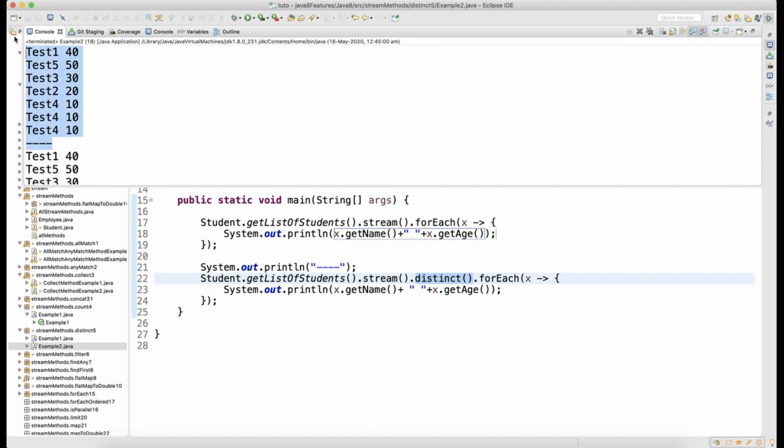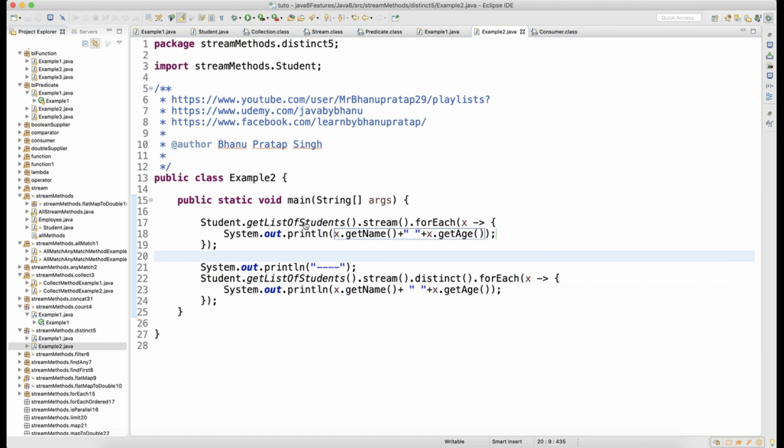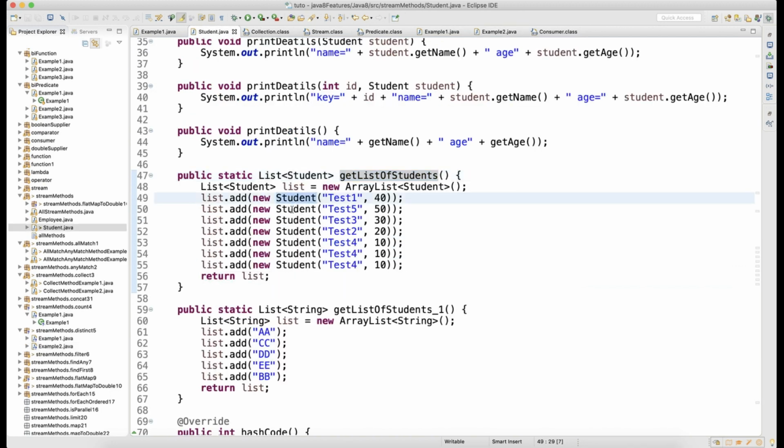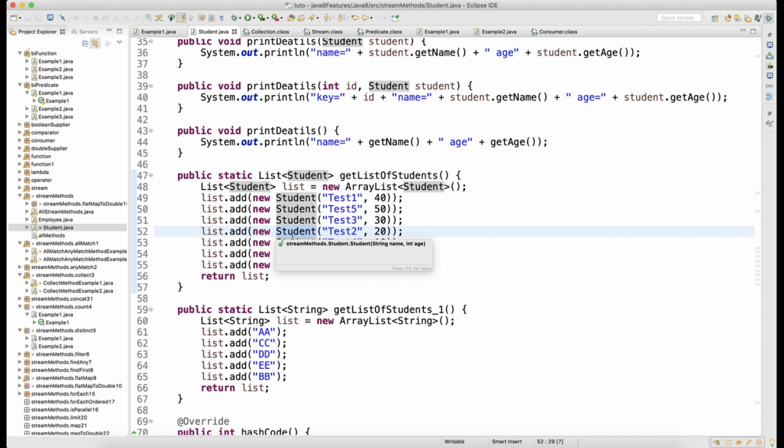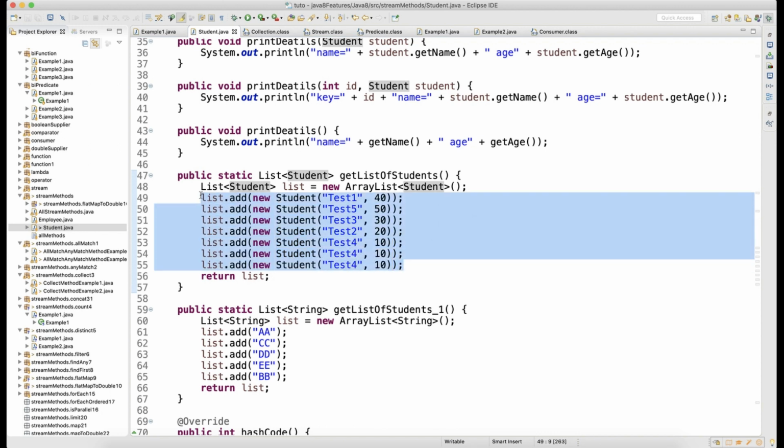But can you focus here? Can you see why the data got removed? See, we need to understand, guys. First thing is we are inserting the object here. So even though inside the object the data is duplicate, your object is not duplicate, so how come filtering based on data happened, right? Because your student object is always a fresh object, so this cannot be duplicate. No chance, there is no way it can be duplicate.